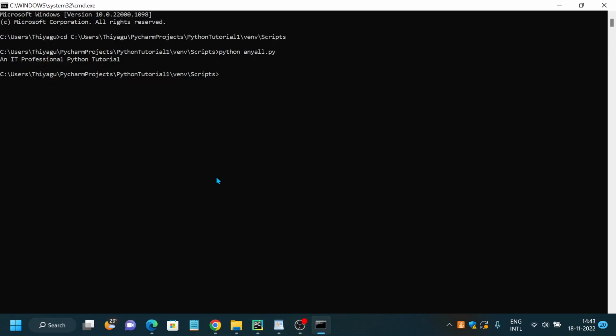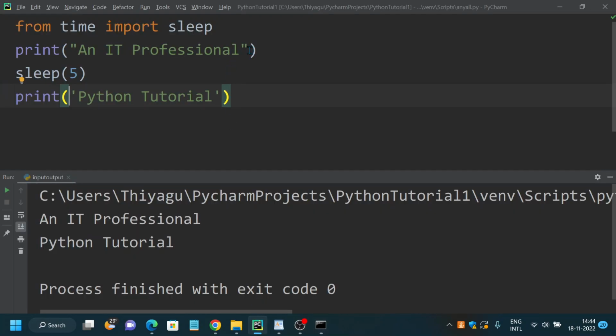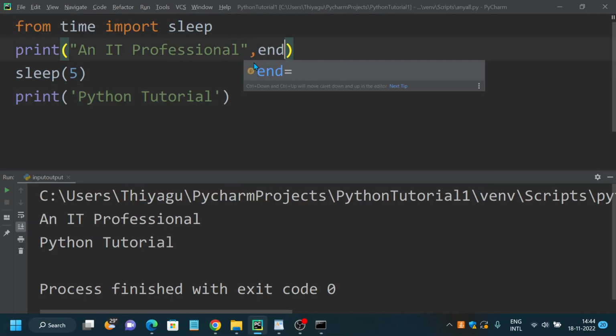Now if I run this in the terminal, you can see first an IT professional got printed and then it waits for 5 seconds and then it printed the Python tutorial, which is absolutely fine. But when we introduce this end parameter, what happens is, you can see,